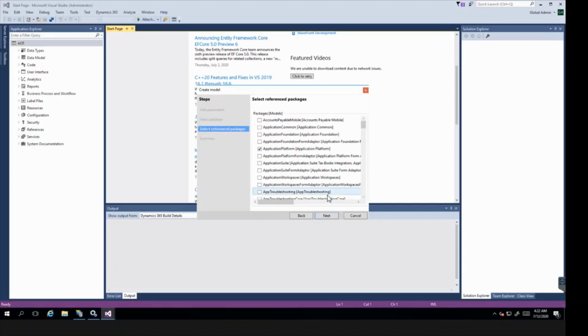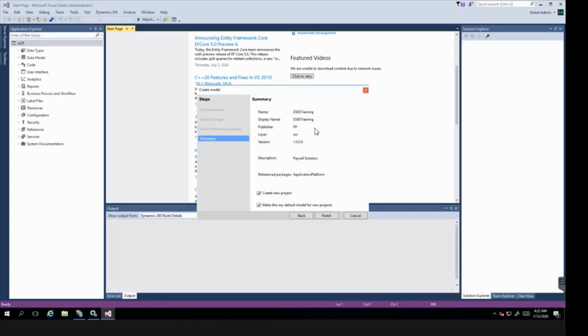Here you will see all the models available in the base product. If you want to use objects of base models, these are also known as reference packages. So if you want to use these reference packages in your customization, then select them, otherwise proceed ahead. But now we do not want any objects of base models, so we will skip it for now. We will proceed ahead and select next.